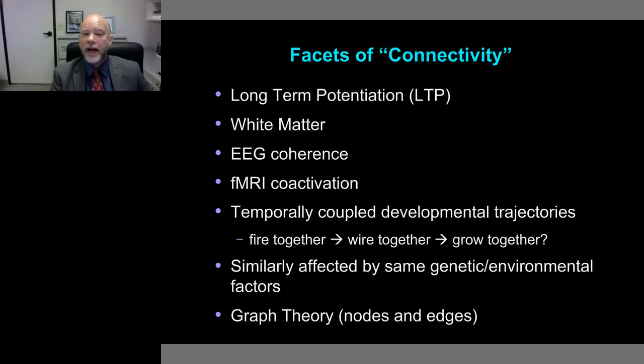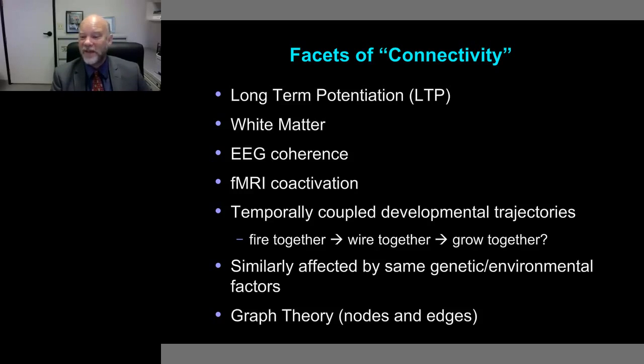There's this idea of cells that fire together, wire together, dating back to Donald Hebb in the 1940s, one of the maxims of neuroscience. But now we also see that cells that fire together, wire together, grow together. There's another aspect of connectivity. You could say, what parts of the brain are affected by the same genetic or by the same environmental factors? So all of these aspects of connectivity increase during adolescence